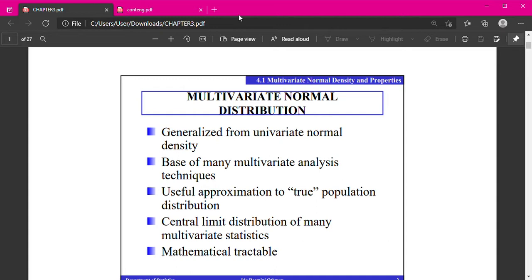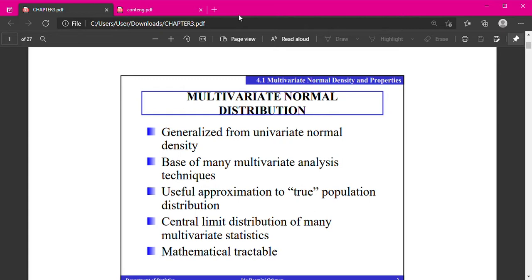Because in real data, we are never exactly multivariate normal. Susah kita nak dapatkan exactly multivariate normal. So biasanya kita akan approximation to the true population untuk normal density. Ada dua yang biasa kita practice for